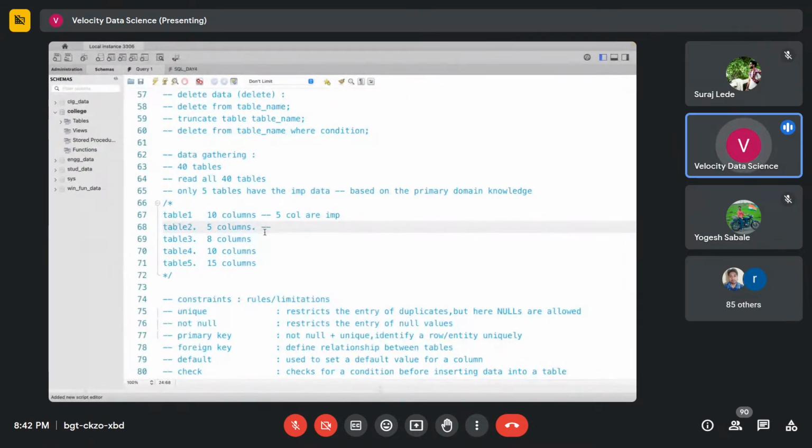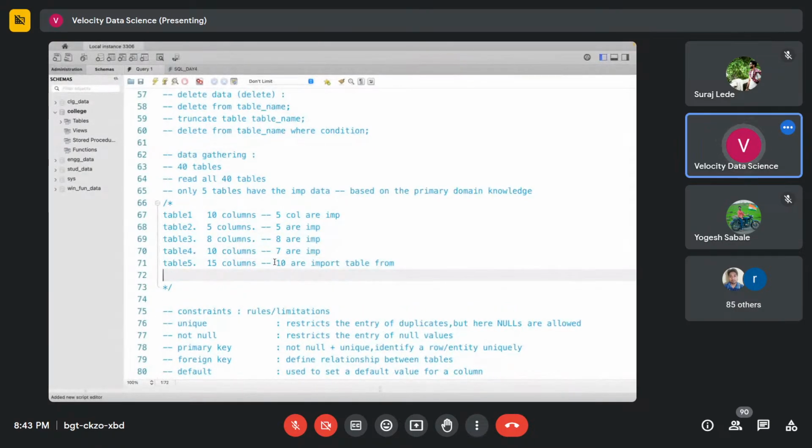Out of these 5, all 5 are important. Out of these 8, let's say all 8 are important. So when I say important, consider it as relevant, okay, which has the useful data. Out of these 10, 7 columns are important. And out of 15, again 10 are important. So how many columns we have in total